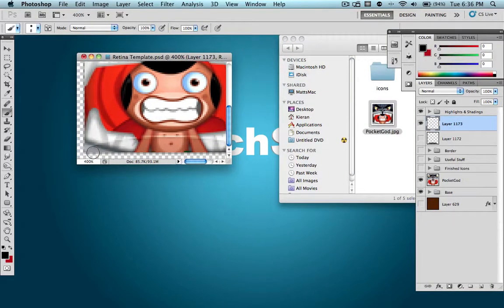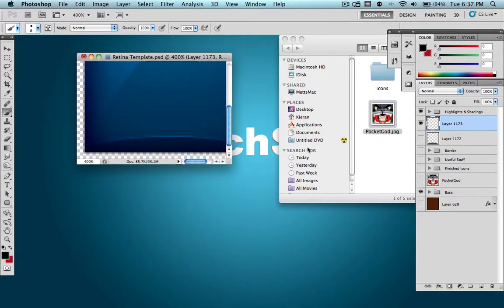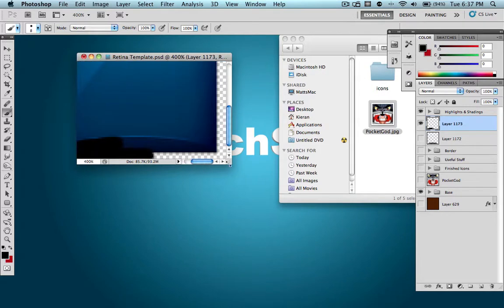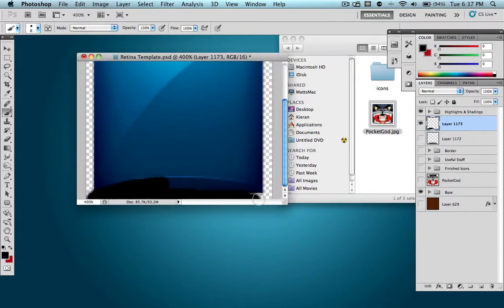You can get messy, you can go around the edges, just make sure you follow that line right there. And you can even just hide the Pocket God layer to make it easier to see. But just get it on that line over there. Don't go past that. You can sort of get it on it a little bit, but that's fine. You won't notice that in the end. You can go past the edge once again because we are going to crop it out later. And just put this up here, over, and there we go. So I have a nice black, somewhat oval selection around this area,